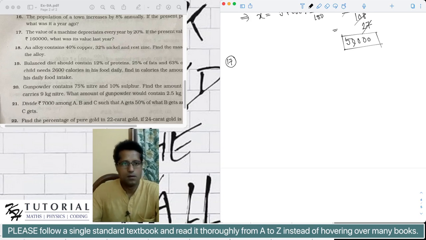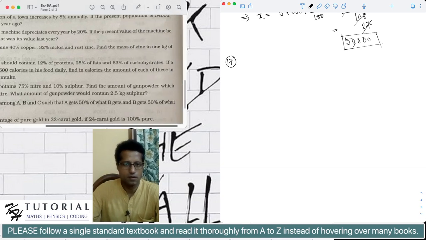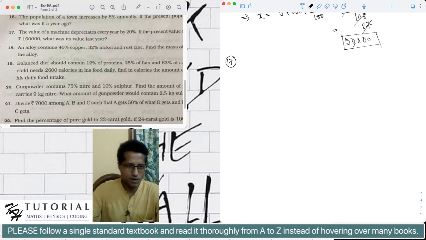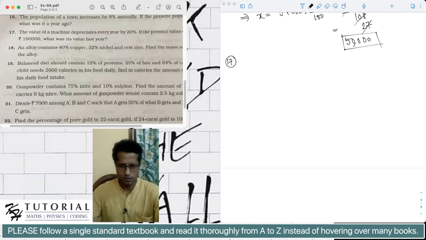The value of a machine depreciates every year by 20%, that is, it decreases by 20% every year. If the present value of the machine be 1,60,000, what was its value last year? So it is very similar to problem number 16. So I am skipping problem number 17, because it is similar